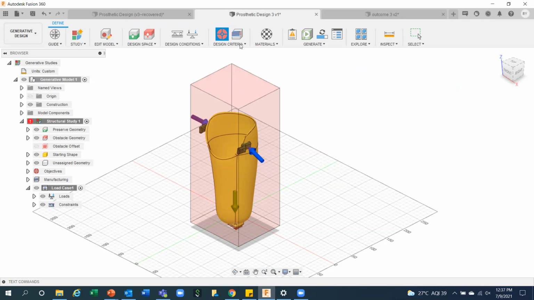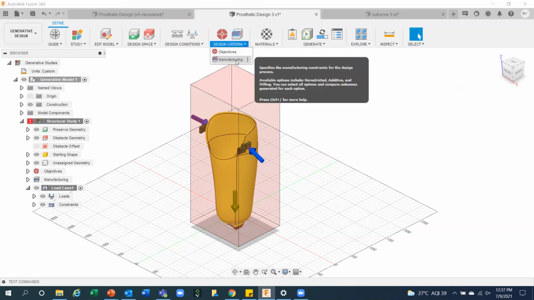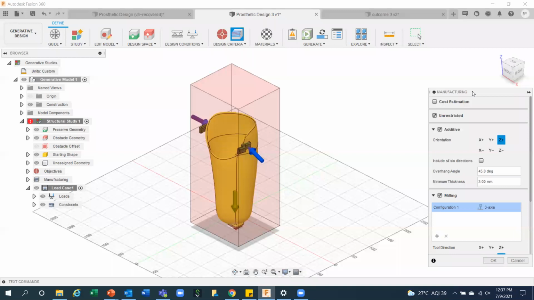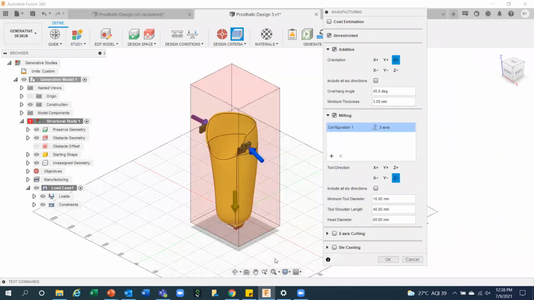Now next, go for the manufacturing method. That was an important point which I was discussing. As of now, I don't know which manufacturing method can build whatever outcome the software is going to provide, so I am going to specify the manufacturing method. Just click on manufacturing. You can see this entire dialog box,